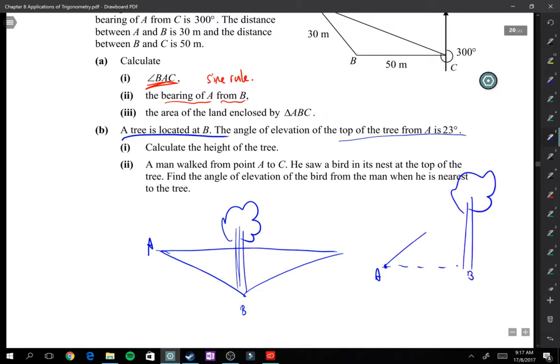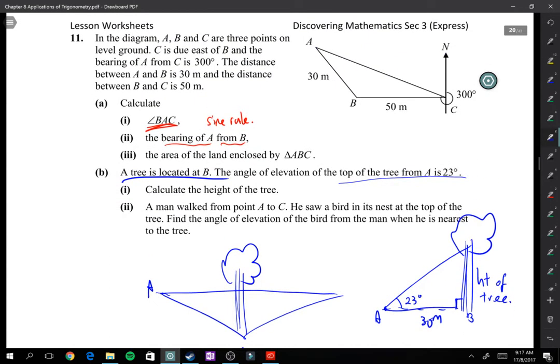Okay, the angle of elevation is 23 degrees. Then calculate the height of the tree. So from A to B, according to the diagram, is 30 meters. This is the height of the tree. So you can just use SOH CAH TOA because this is a 90 degree angle. Okay, so I think